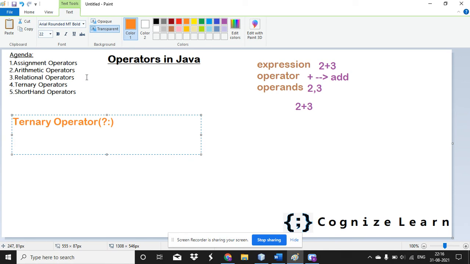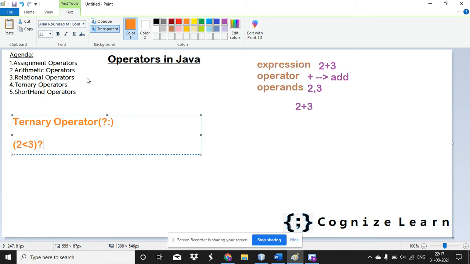Look at this one. So now what I'm going to do is create a condition, whether 2 is less than 3 or not. And I'm putting a question mark, which represents the question or the condition, 2 less than 3. True or false? You have to check that.